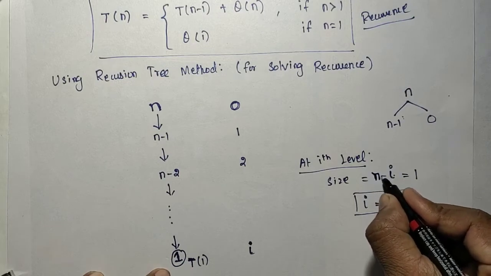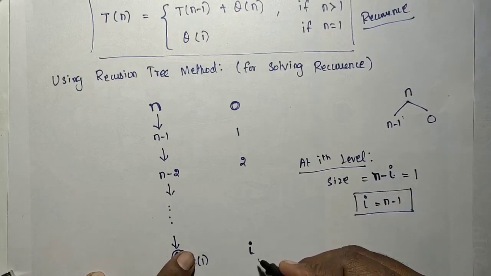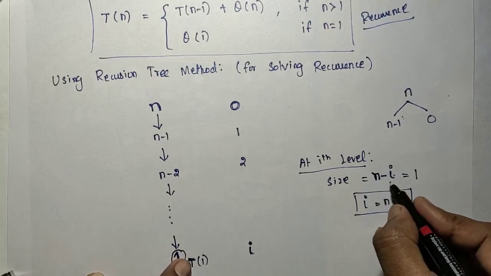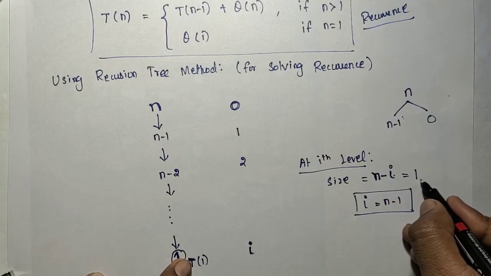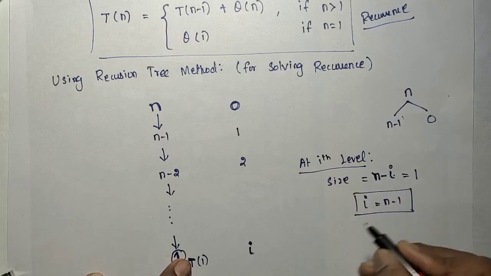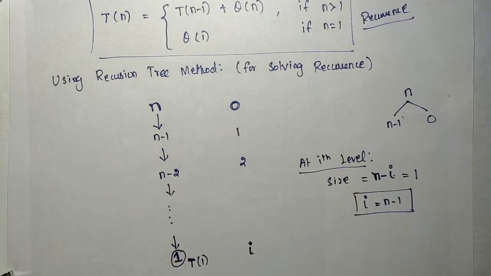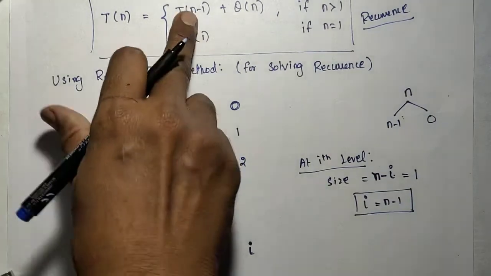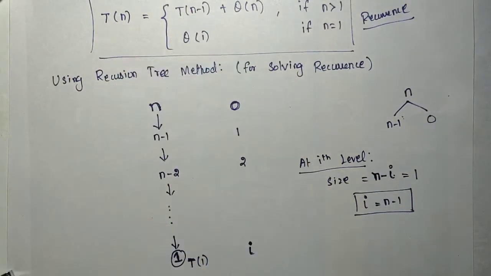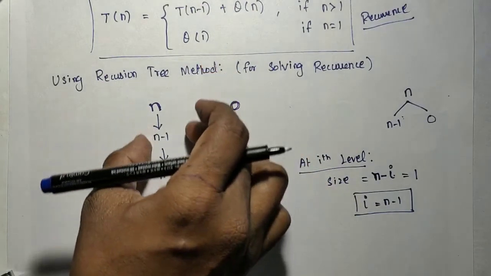Okay, so at that ith level, we are assuming that the size will become 1. So n minus i is equivalent to 1, so i is n minus 1. It means the last level is identified as n minus 1. So how many iterations will go? n minus 1 iterations will go like this. So to obtain the time complexity of this unknown recurrence, we are just going to add